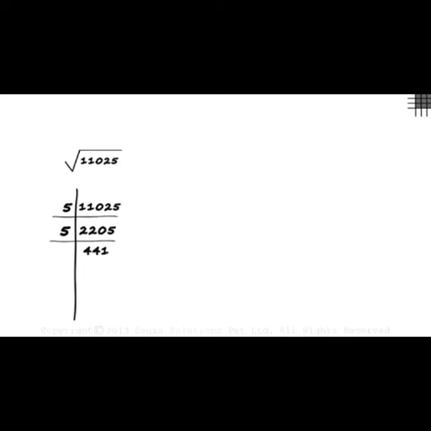Next, we have to find the factors of 441. 441 divided by 3: 1 3 is 3, remainder 1, 4 3's are 12, remainder 2, 21, 7 3's are 21. Next we divide 147 by 3: 4 3's are 12, remainder 2, 27, 9 3's are 27. So 49. We can divide 49 by 7 and then 7. So 7 divided by 7, we get 1.